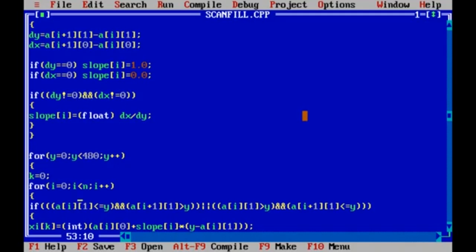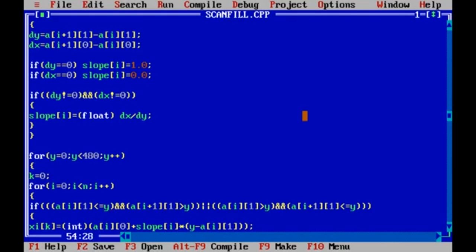If a of I of 1 is less than y, and if a of I plus 1 of 1 is greater than y, it means the coordinate of a of I and a of I plus 1 for the y-axis is in that range, or a of I of 1 is less than y and a of I plus 1 of 1 is less than y.